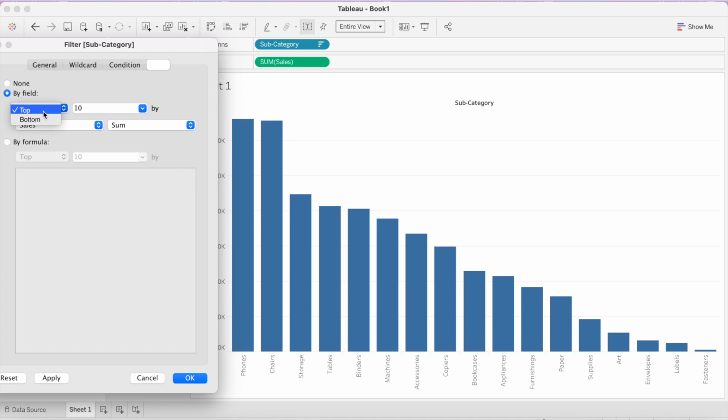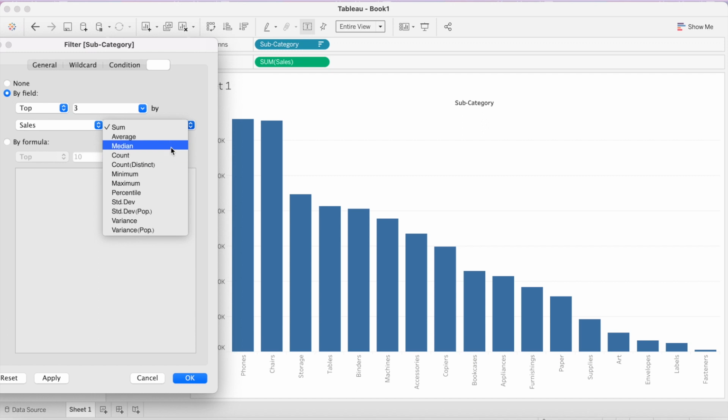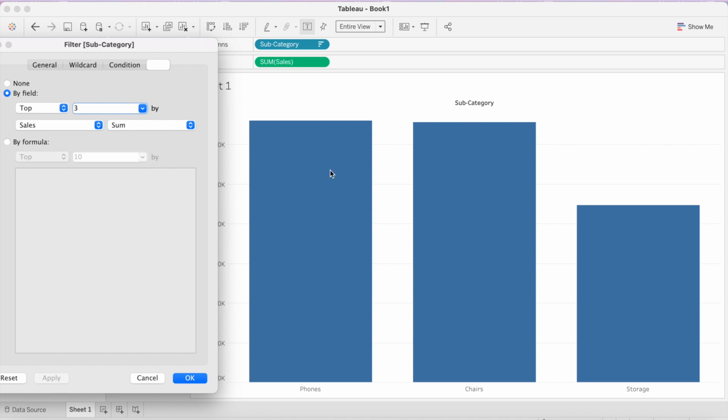Here, because we want to see top, let's say top 3 by sum of sales. You can also have average of sales, median of sales, but we want sum of sales. And once we click apply, you see only the top 3 subcategories by sales would appear on this bar chart. All the other options are filtered out.